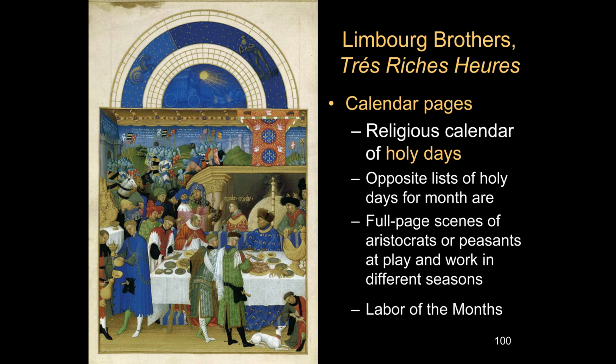So what they've done here, you have manuscripts, and you often would have a little picture of a labor of the month, but they've elaborated that. They've made full-page miniatures out of what the aristocrats did, as you see here, or other scenes are showing what the peasants were doing at different times of the year. And then at the top, you see, once again, this sort of half circle, like the dome of the heavens, with the zodiac signs. And we'll take a closer look at that.